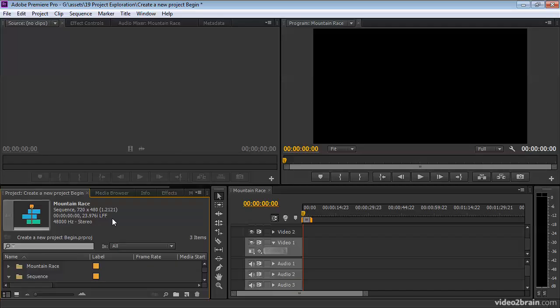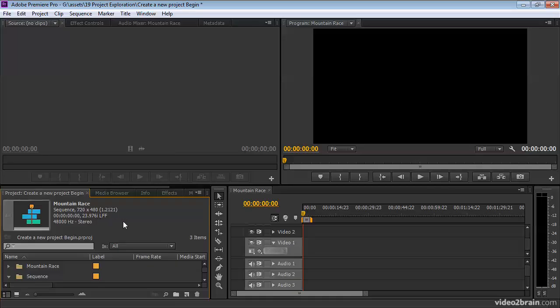So most NTSC is 30 frames per second or 29.97 frames per second. This stuff's all 24 frames per second, but because it's drop frame, it means that although it really does play at 24 frames per second on the computer, it's dropping a frame of timecode every now and then, about one every 10 seconds, I believe, and only in the timecode, only so that the measurement of time matches the way this would be broadcast. If it was broadcast at 24 frames per second, it would actually be broadcast at 23.976